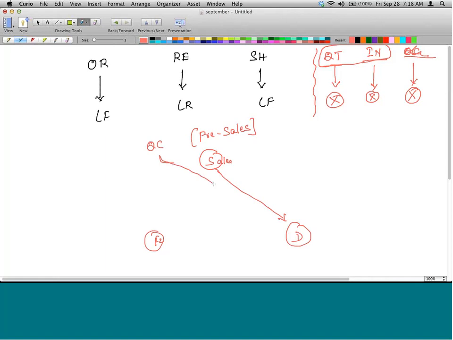Now, why we cannot create a delivery with respect to a contract? A contract is a promise to buy, let's say 1,000 quantity. You are Dell, I am a corporate customer. I come to you and sign a contract that I'm going to buy 1,000 pieces from you. Okay? Now, that doesn't mean it specifies in the contract when the delivery is going to happen.